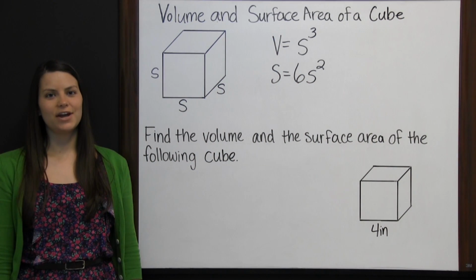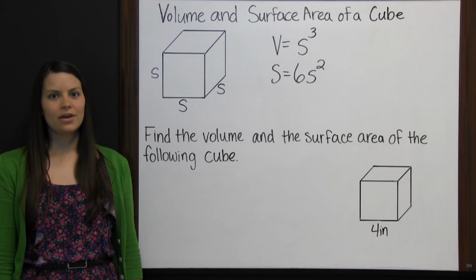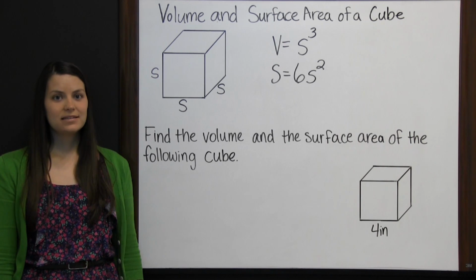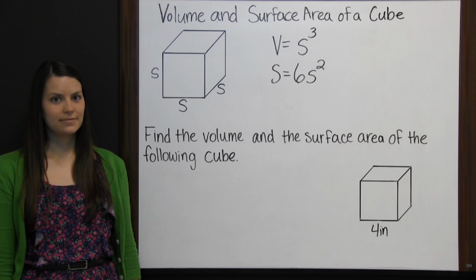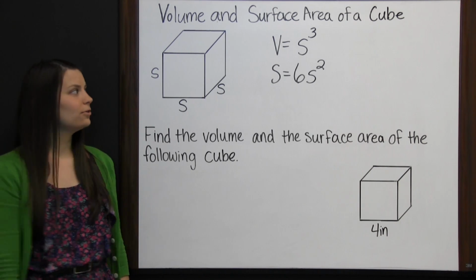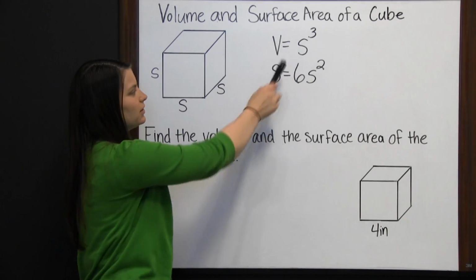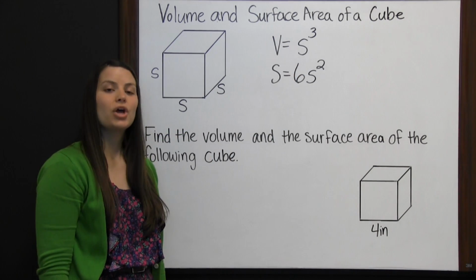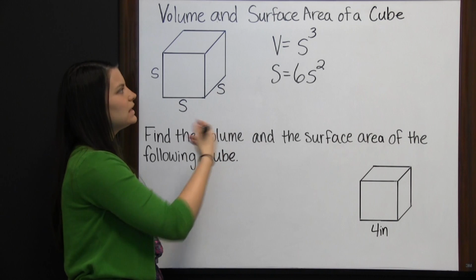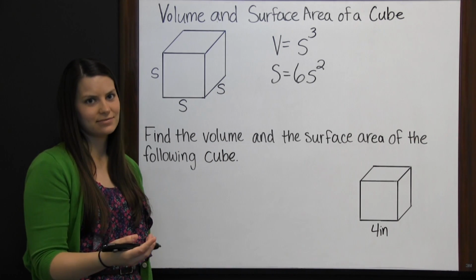Volume and surface area of a cube. Volume is the space that a figure occupies. So to find the volume of a cube, you just cube the length of one side. A cube is made up of 6 congruent squares,